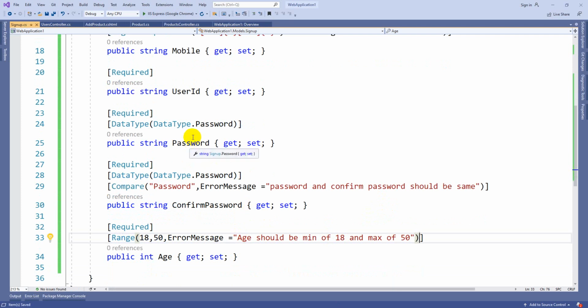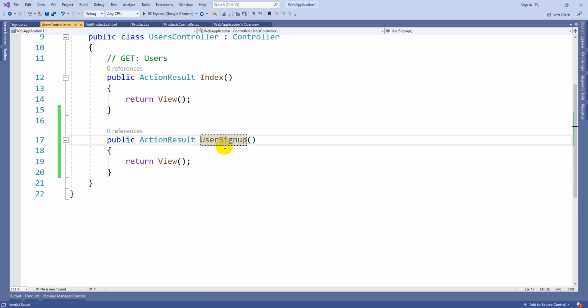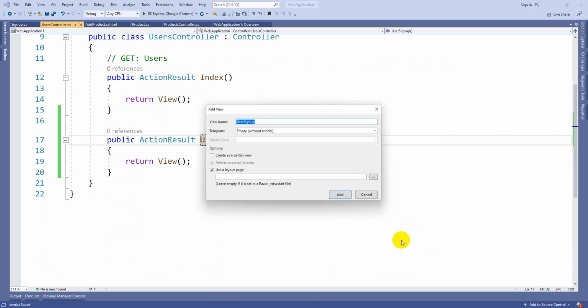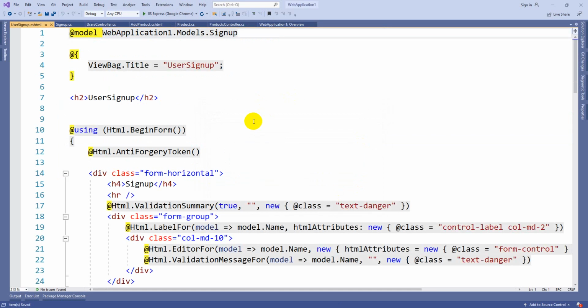So these are the main data annotations, or model validations you can call. These are the real-time attributes we discussed so far. Now let's create a simple view for this. Add view, MVC5 view. Here you should select the template create and select the model signup. This is the reference script you saw earlier, and it needs to be enabled. And layout, the design, whatever you are getting, header and footer. If you want that, you need to check this, otherwise you can uncheck it. Click on add, so it was generated.